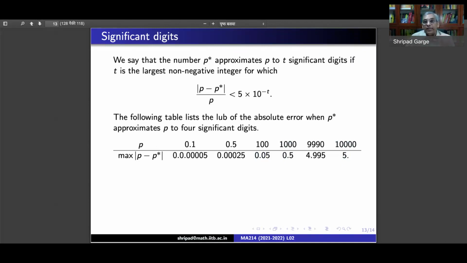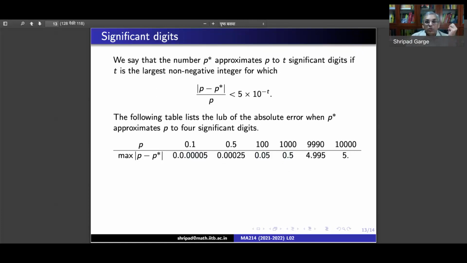So the relative error comes into the picture and it tells you that the approximation to 4 significant digits is good, and there is some continuity that we see. For 0.1 we had some number of zeros and then 5. For 100 we have simply 0.05. You multiply 100 by 10, you get 10,000, and then here you get 0.05. This is the precise thing that we should have, because the ratio of this absolute error upon p should stay the same. That's what we are looking at.